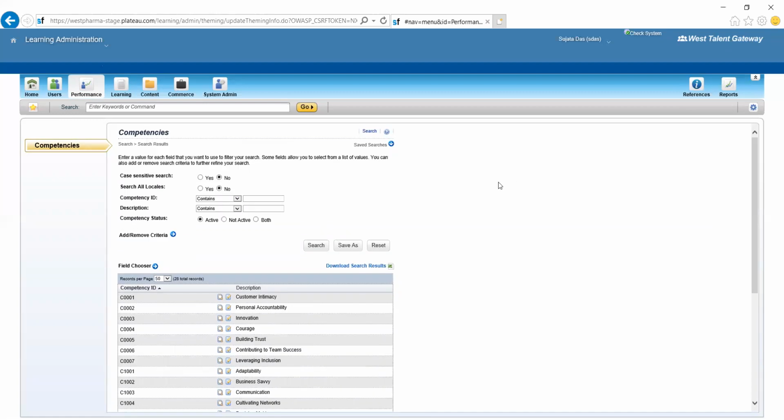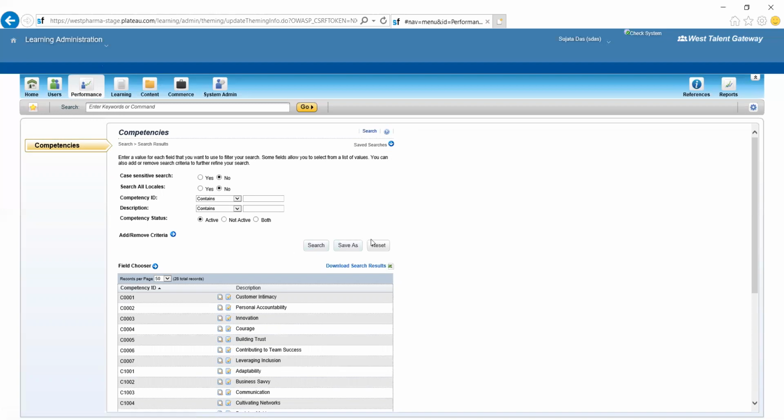Here you will not be able to create anything. You will not see any add new option in competency. This is the recommended way, and there is no other choice: you have to create competencies using the competency connector. We will discuss that in detail when we discuss the connector in depth.